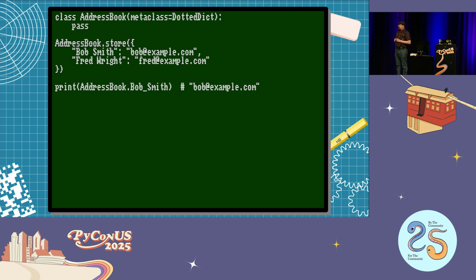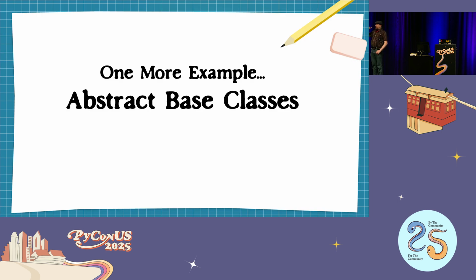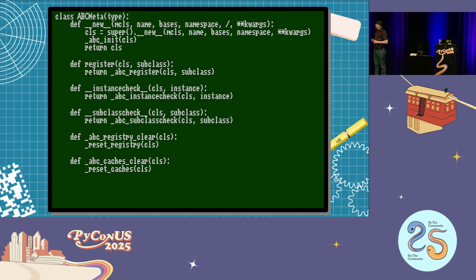I will come back around to what happened with this real world case, by the way, because it did not go as expected. But one more example is the abstract base class. Every time you use an abstract base class, you are using a metaclass. This is, again, the Python source code. ABCMeta is the metaclass that defines an abstract base class, and the most crucial parts of it are Dunder instancecheck and Dunder subclasscheck, because, again, it's sort of adopting